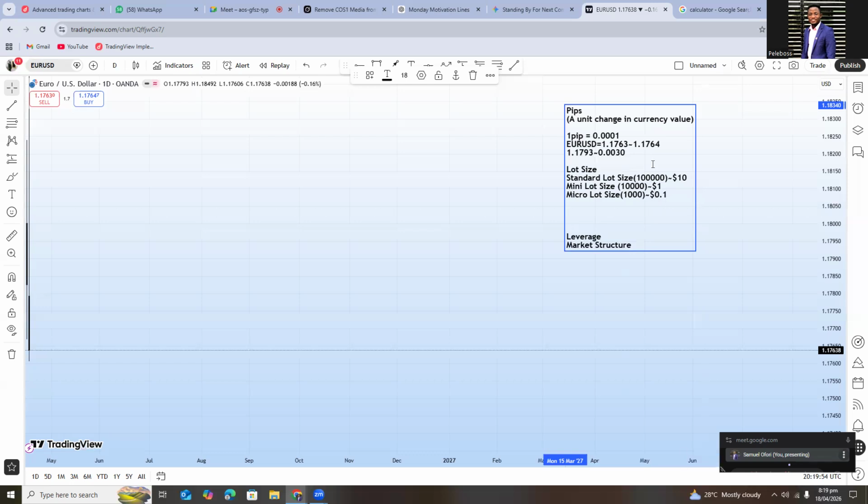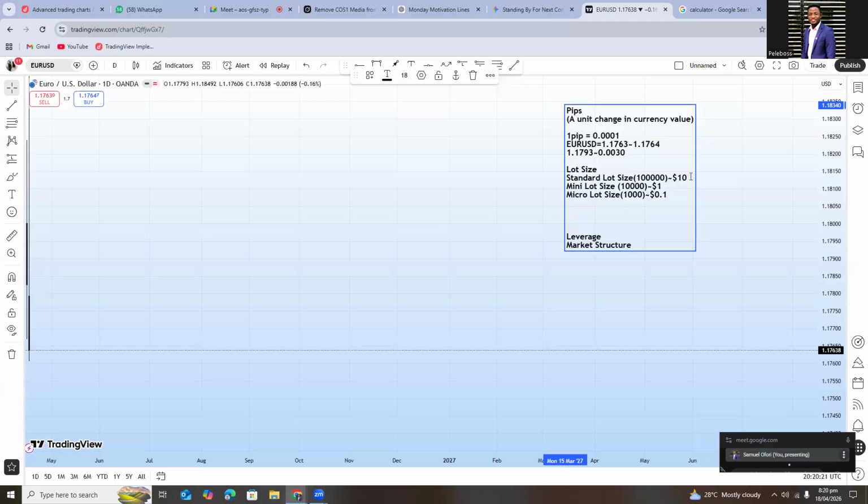So this means that if someone is using the standard lot size, then per every pip, the person is making what? $10. If someone is using the mini lot size, it means per every pip, the person is making what? $1. And if someone is using the micro lot size, it means that per every pip, the person is making what? 0.1